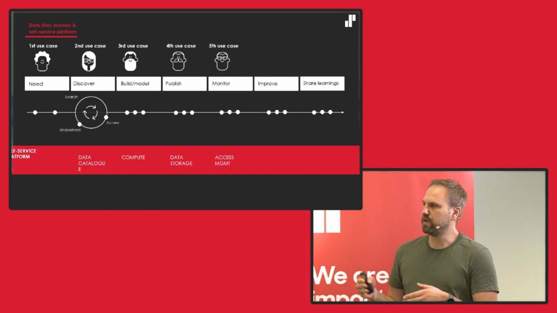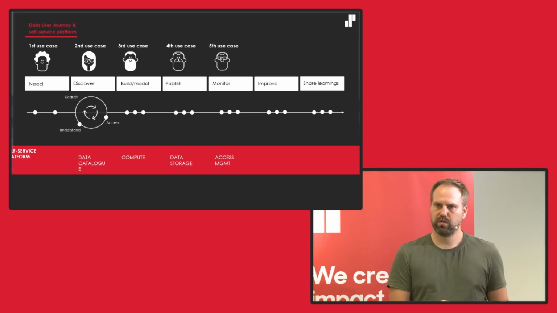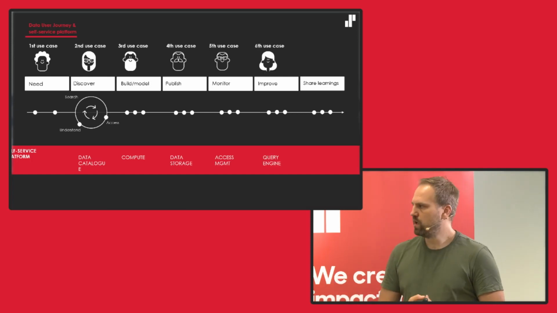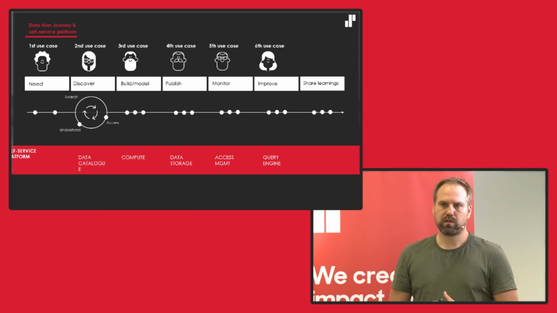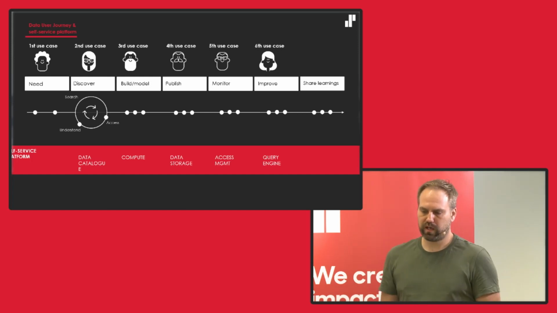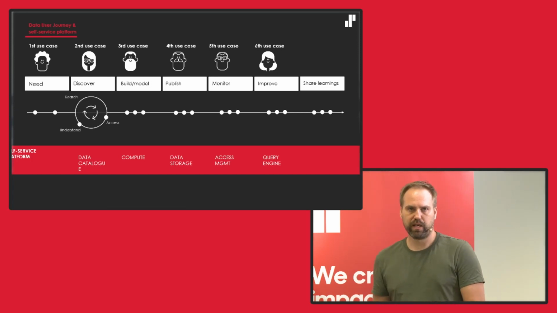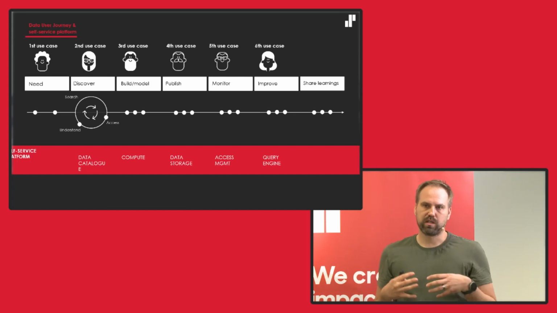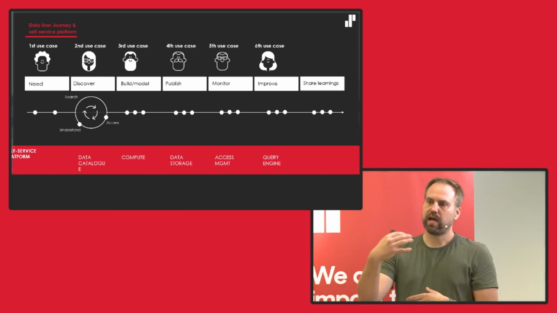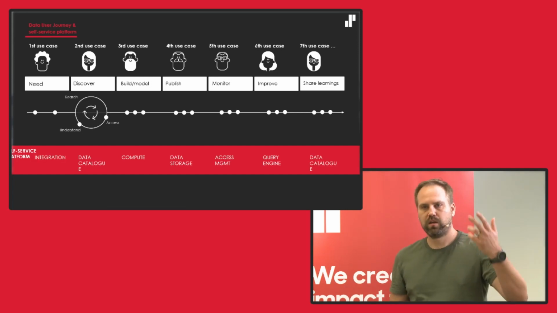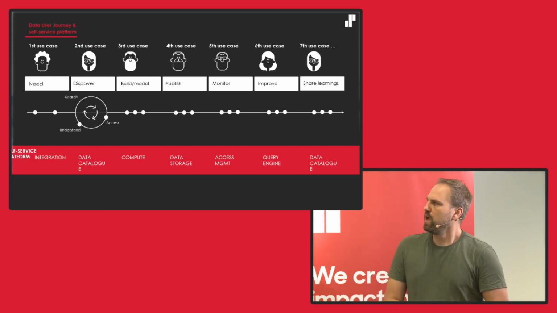So now the data catalog will have to support those, for sure, and then possibly others as well. And then the 6th use case, we get a query engine. We have discovered that all of them are using SQL. They have had to set up the query engine themselves. Now we can actually provide it to them. And maybe one of the use cases actually already built the query engine, but we now separate it into the self-serve platform and offer it as a service to others. And then the 7th and 8th and 9th and so on.